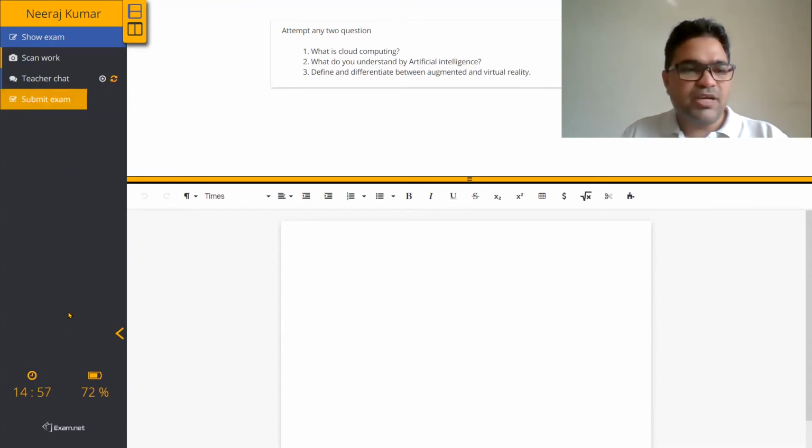On the left hand side, timings and battery percentage you can see here. As I have not started the timer, your exam timer will also show here. On the left hand side, there are some points that you have to do.